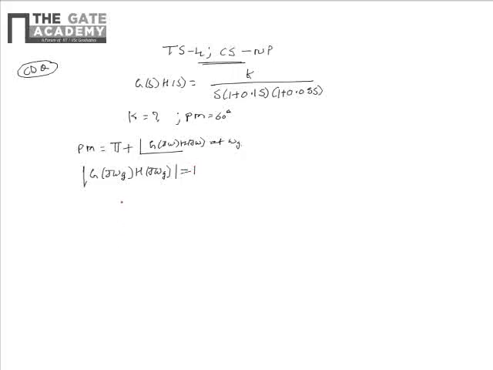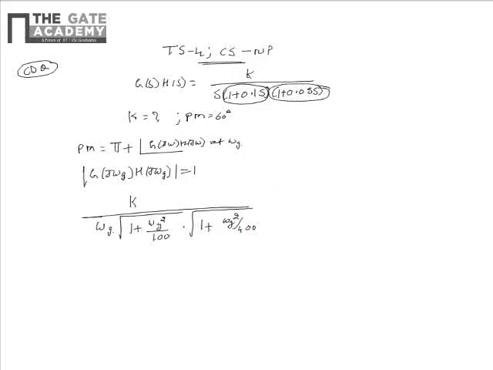So from this, upon simplifying this relation, we see that abs of G(j omega g)H(j omega g) can be written as K divided by omega g multiplied by square root of 1 plus omega g square divided by 100, that is the magnitude of the quantity marked at s is equal to j omega g, which is further multiplied by square root of 1 plus omega g square by 400, that is the magnitude of the term marked at s is equal to j omega g. And we know that this is equal to 1,